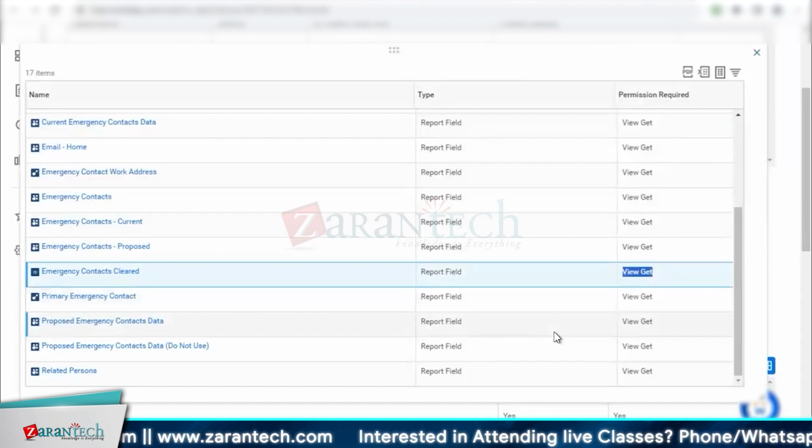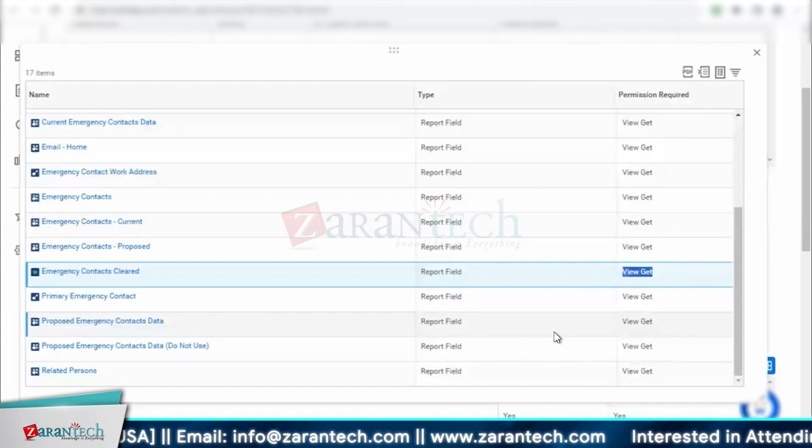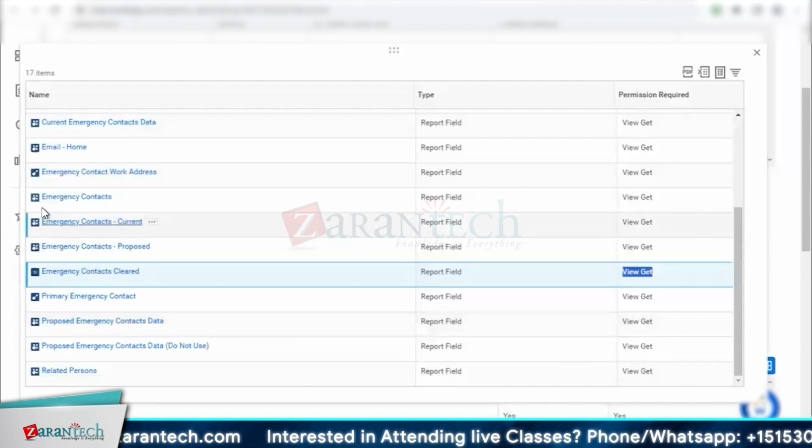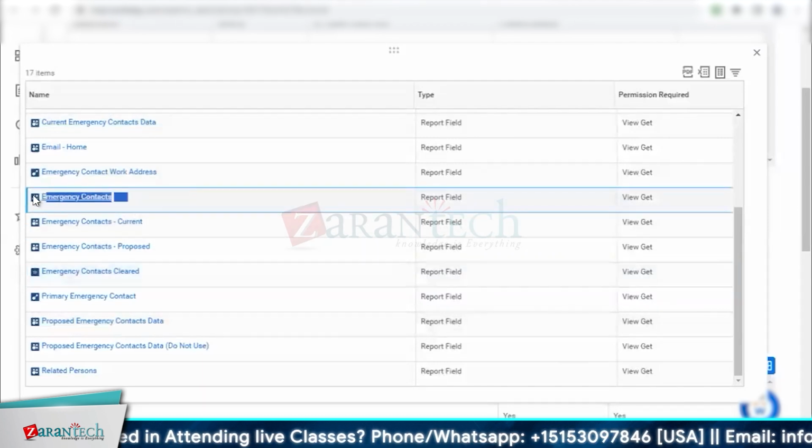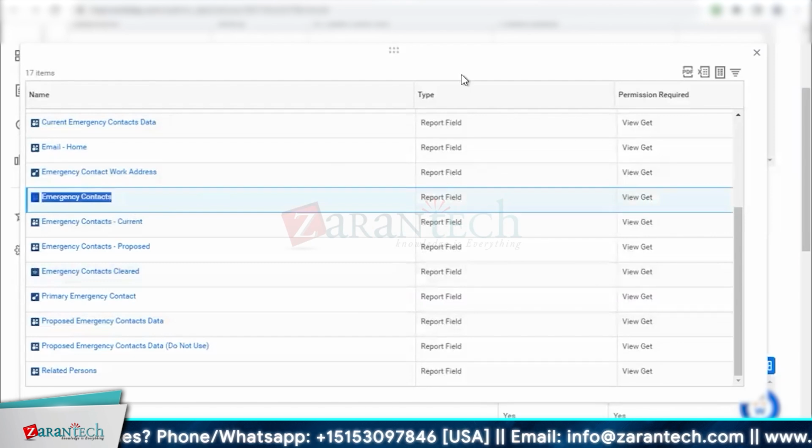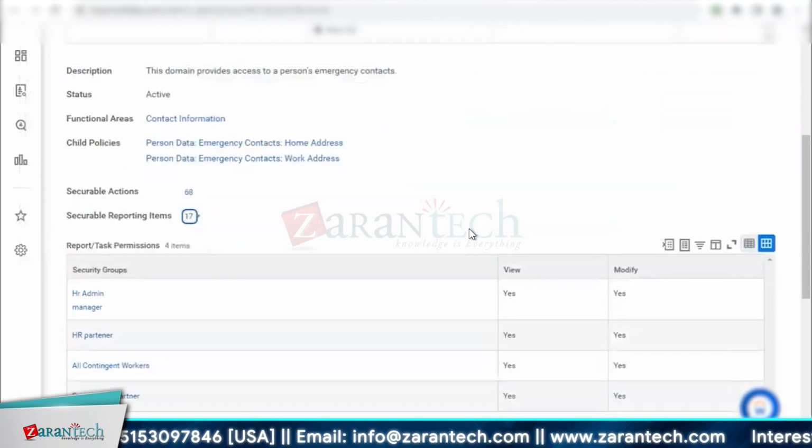Now let's say as an HR operation analyst, you're running a report. You have access to a report, and in that report, your emergency contact column is always coming out to be empty, which means that even though you have access to the report, there is a report field which you don't have access to. So again, you search in the system, let's say navigate to this domain, and you see that there is an emergency contact field secured somewhere in this domain. So you will add your security group in this section,